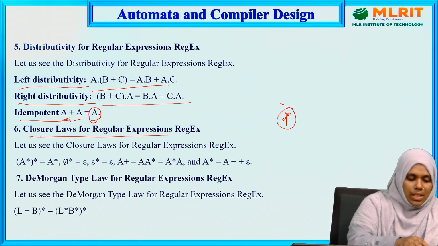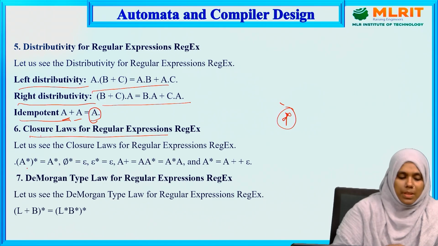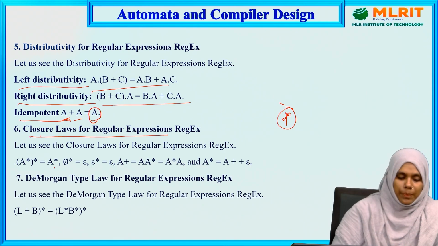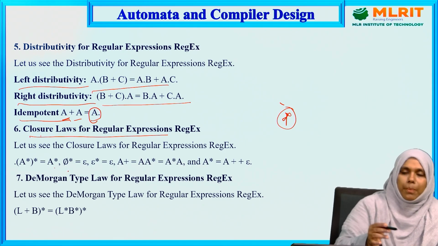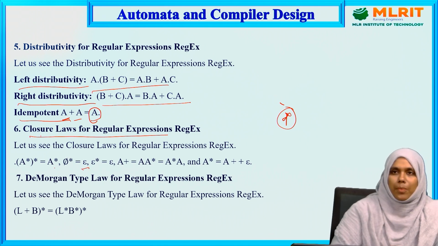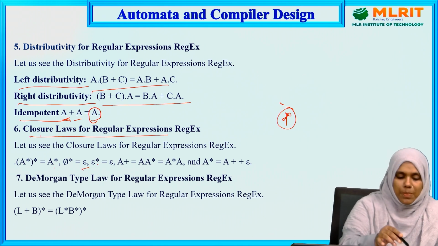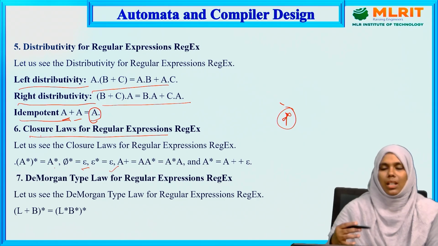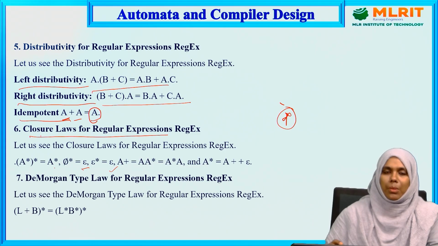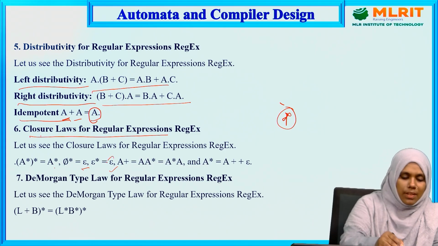Here you can see clearly that (a power star) whole power star is equal to a power star. Or phi power star, if nothing is there, simply here we can write epsilon. In the same way, epsilon power star is equal to epsilon. That means nothing. If you do it one time, two times, and so on, n times, the answer will be